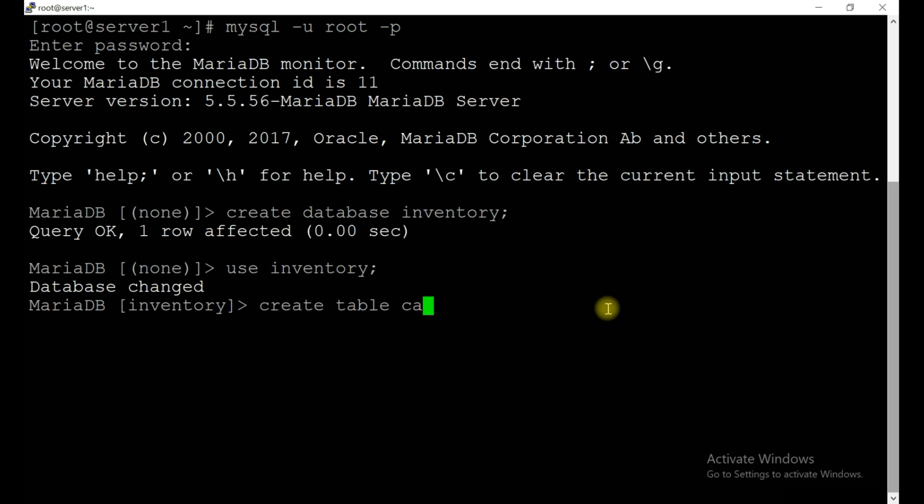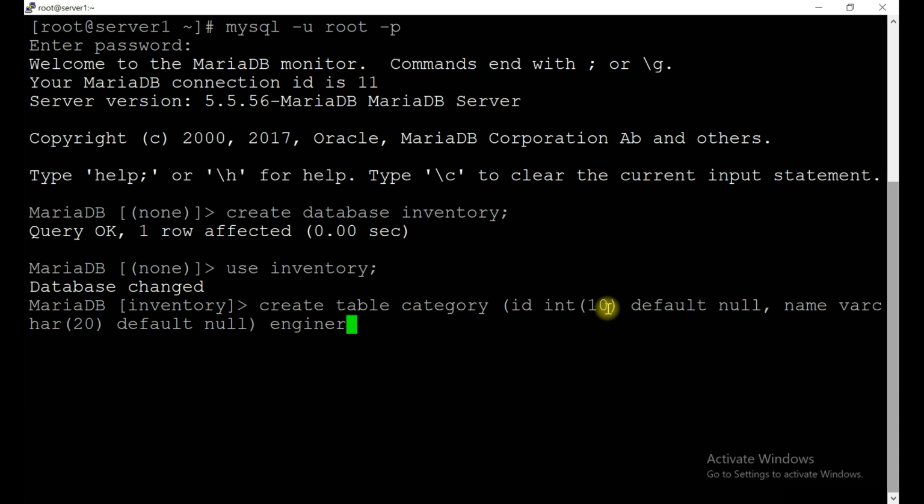Create table category, and the values will be first ID, which is an integer of 10, default null, then name, which will be varchar 10 or 20, default null, closing bracket, engine equal to InnoDB default charset equal to latin1.